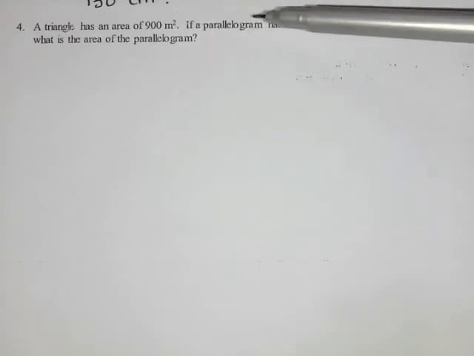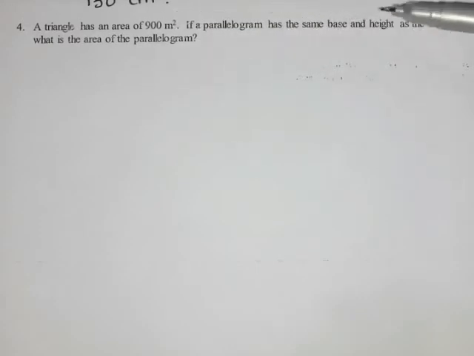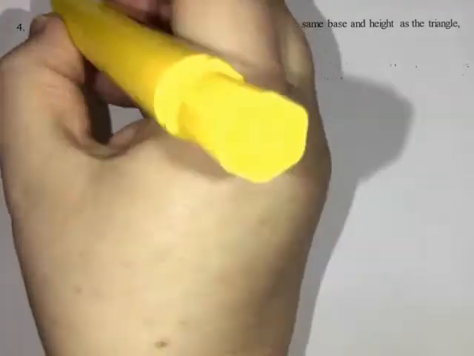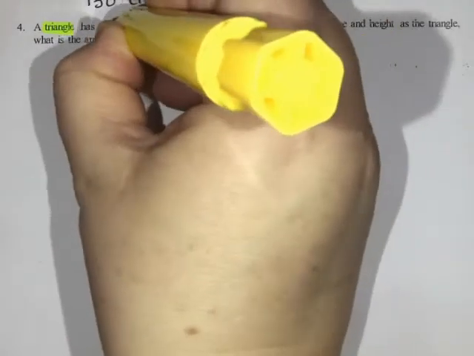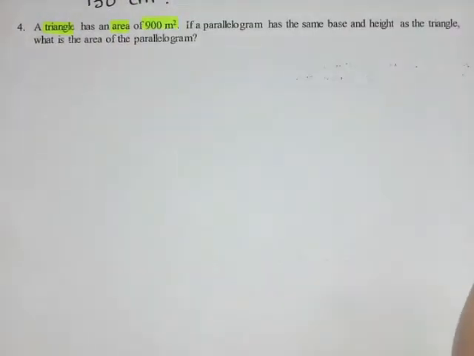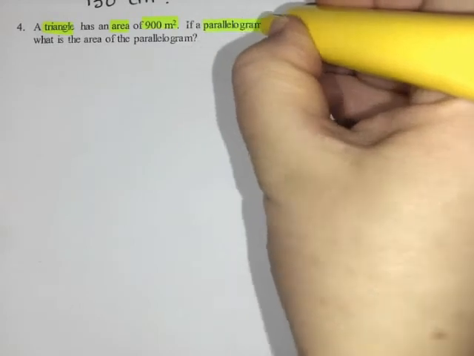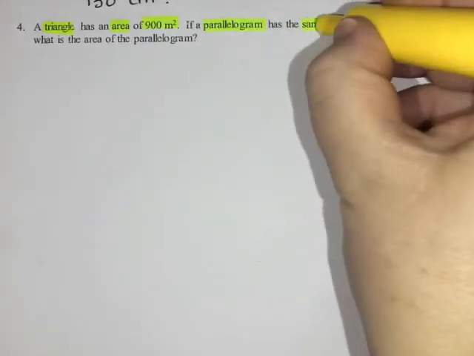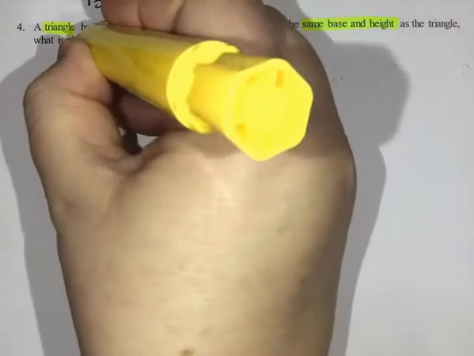Our question says a triangle has an area of 900 meters squared. If a parallelogram has the same base and height as the triangle, what is the area of the parallelogram? So I'm going to start by going through and just identifying all the important information. So I have a triangle. It has an area of 900 meters squared. And then we have a parallelogram that has the same base and height, and we want to know what its